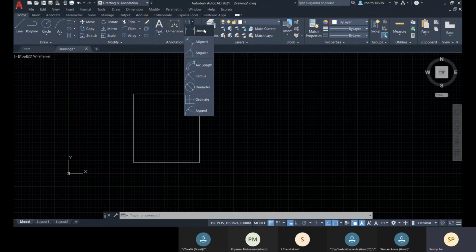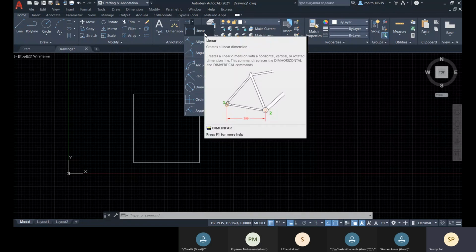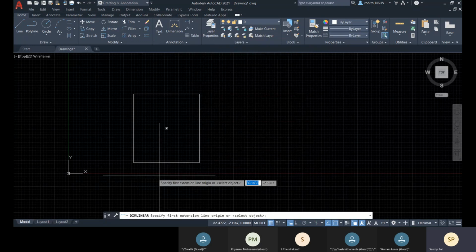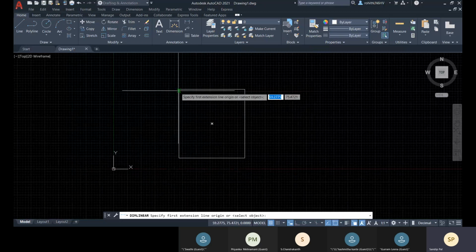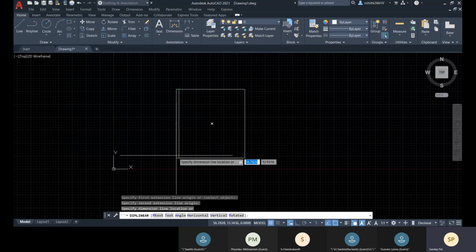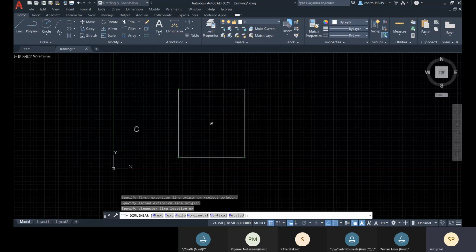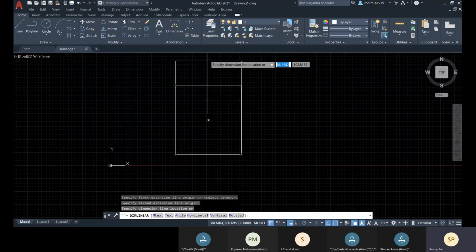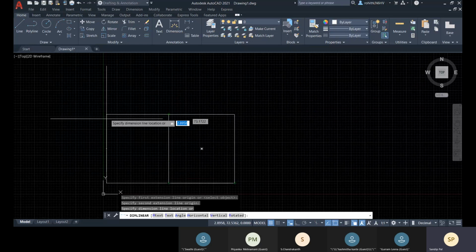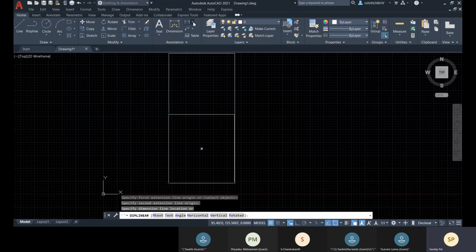Specifically with linear, it will always place the dimension in the horizontal or vertical direction. So from this point to this point, it will take either the vertical dimension or the horizontal dimension. That is about this tool and the specific list.